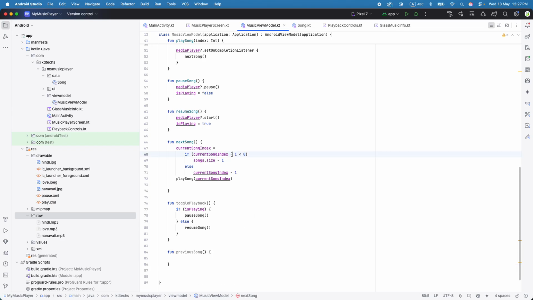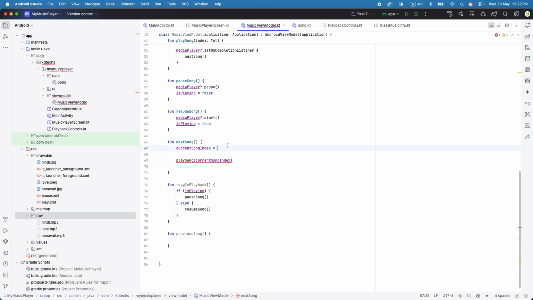Next song should not be minus, it should be plus. This is completely wrong. This one should be current index +1, and then modulo song size. Yeah, this should be the next song, and the previous song will be